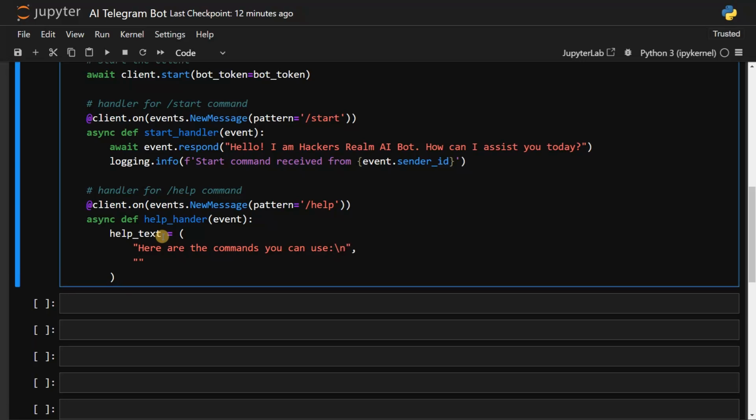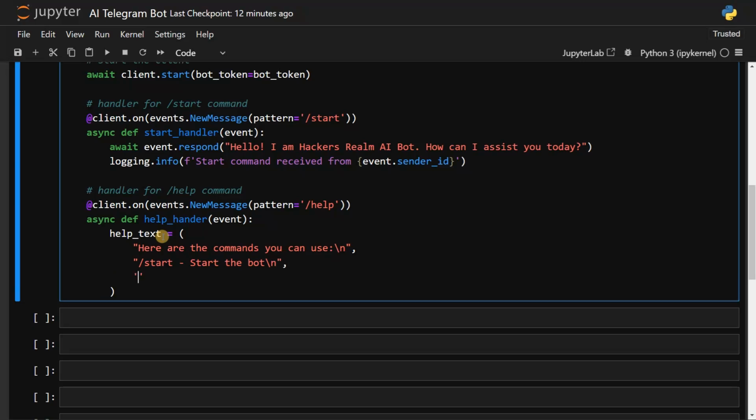So like this, we will just fill all the information that you want to pass to the user. So start the bot, okay, then /help, get help information,